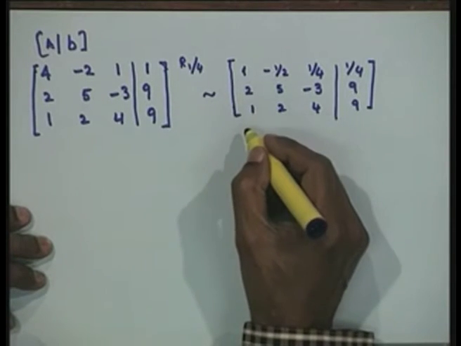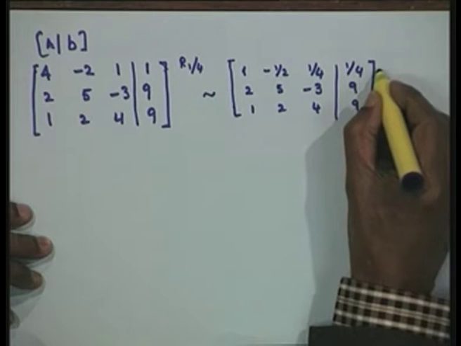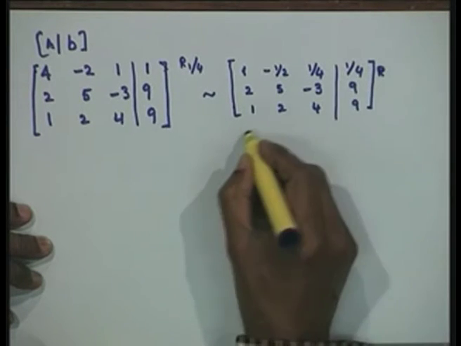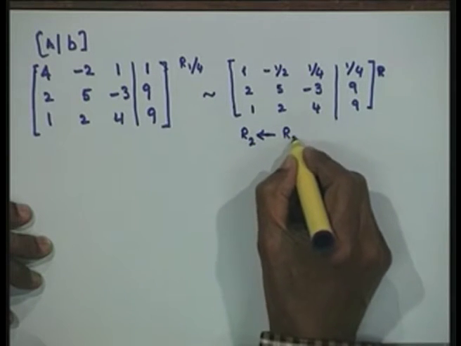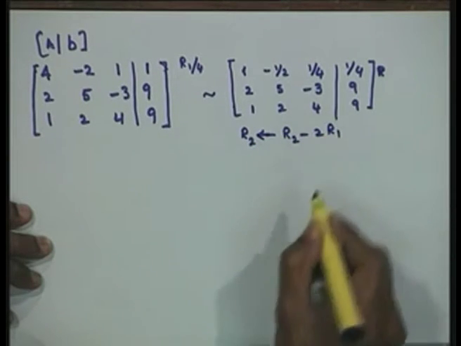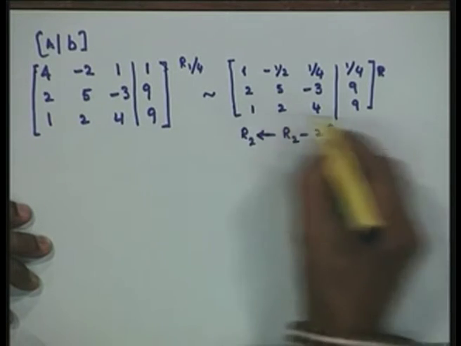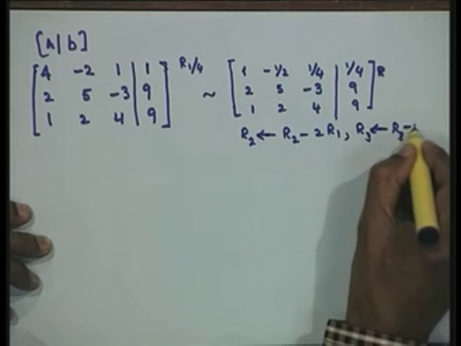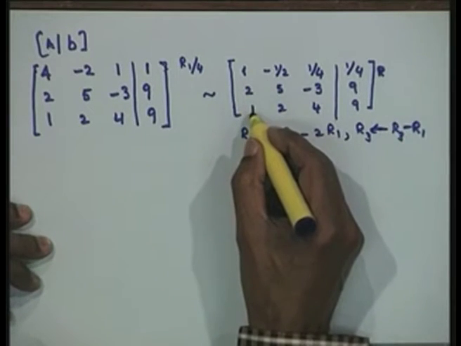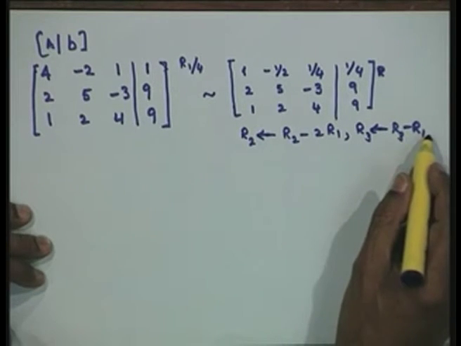Now, I would perform the elementary row transformations. I should make these two as 0. So, I must make this transformation. I will write here R2 minus 2 R1. So, from R2 I will subtract 2 times the row R1, and from R3 I just need a subtraction, R3 minus R1. If I subtract these two I will get a 0 over here. So, R3 will be replaced by R3 minus R1.